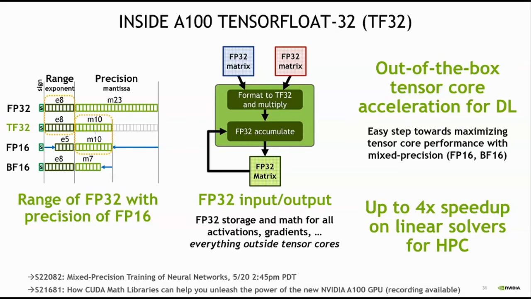And what you see here, in the mid diagram, is the fact that you basically do the operation in TF32 format, but you still do the accumulation in FP32, right? And in Volta, you must have remembered that instead of TensorFloat 32, we were doing it with floating point 16, right? So this gives you almost 4x improvement on a lot of linear solvers as well for HPC applications. Let me give you a few numbers pretty soon as to how TF32 can improve the overall performance as well for training these deep neural networks.